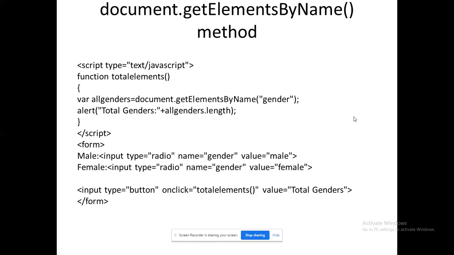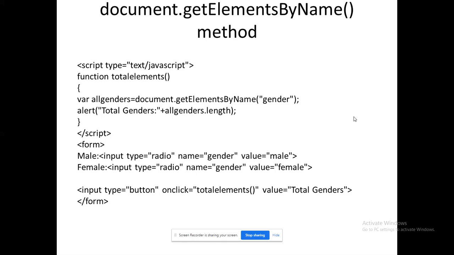Next, get elements by name. Okay, so already we have seen this in the context of the form object. Now we are going to see it directly in terms of the browser object. That's document dot get elements by name. See that it is get elements, that means more than one control. I have the flexibility to give the same name for more than one control pertaining to radio buttons. So that could be used as an option in that case.